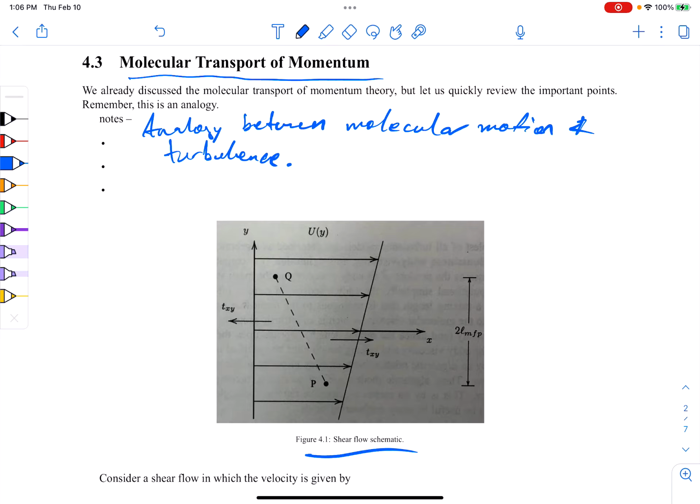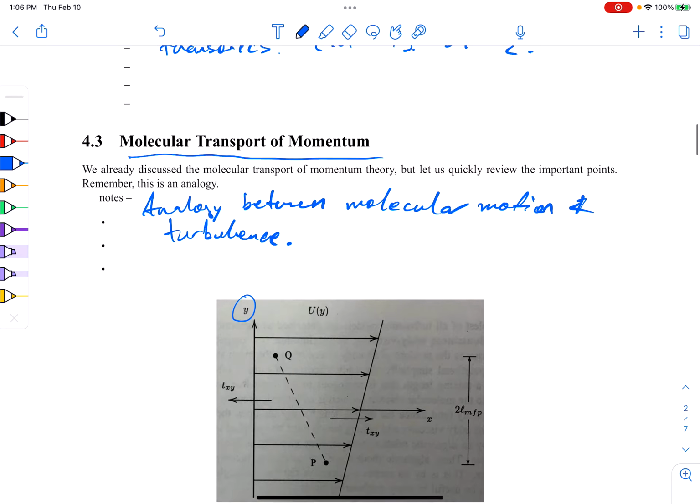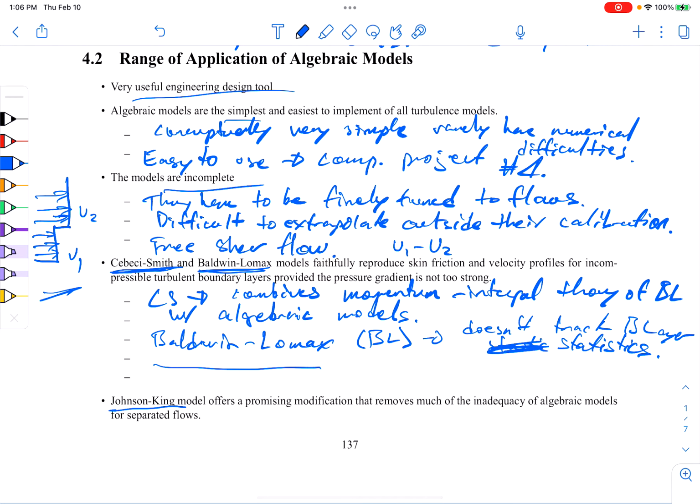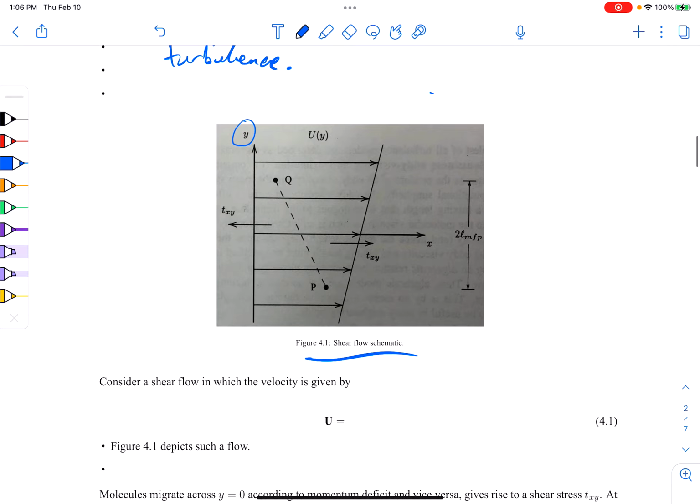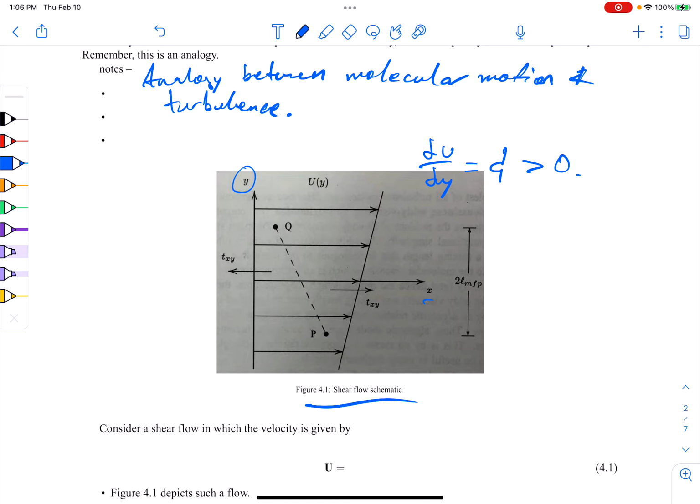So here's a picture from a book that was mentioning some of this. This is the y-axis, so it's the cross-stream direction, and this is just a shear layer, which I kind of drew up here with U2 and U1. Except this is one that has a continual shear, so that means partial U, partial Y is something like what? Yeah, some kind of constant, so it's increasing and it's greater than 0. And this is the streamwise direction, and you could say, well, if I just think of a gas as a bunch of molecules flying around, that's the molecular analogy, and then there's some mean free path